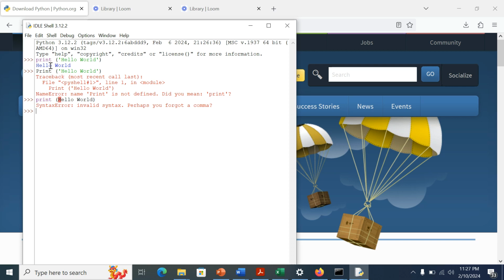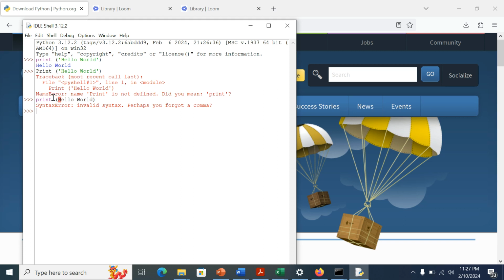In the first and the third program, the print was written correctly in small case, so there is a particular kind of color coding or syntax highlighting that has been done. Okay, however, since hello world in this case and print in the previous case were incorrect, it highlighted them in black. Syntax was highlighted in black color,